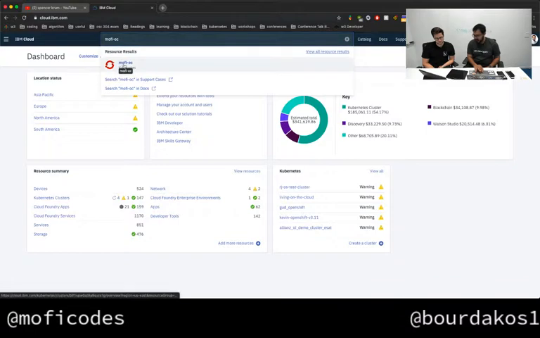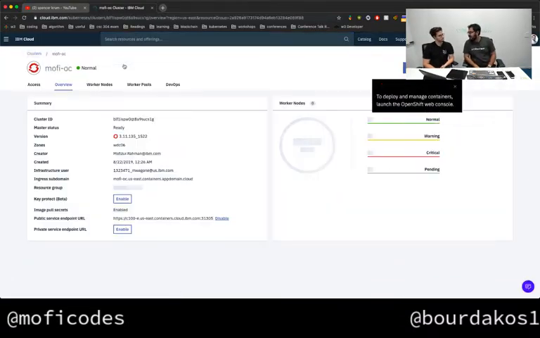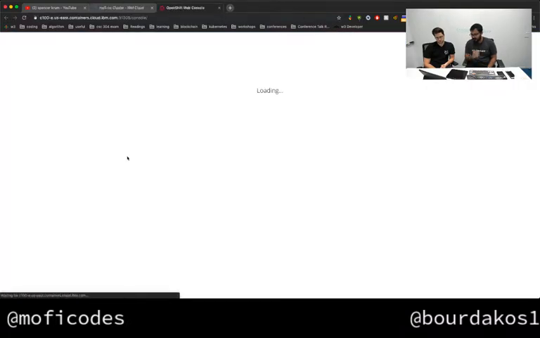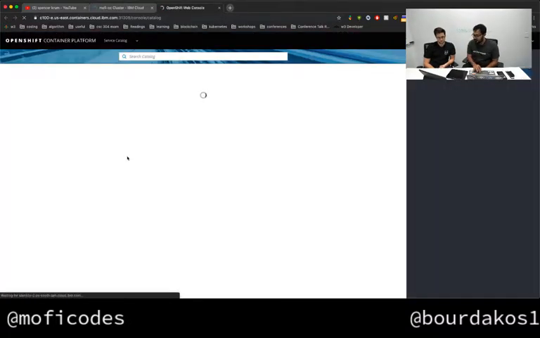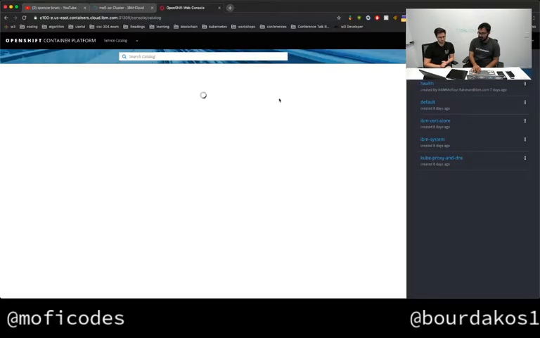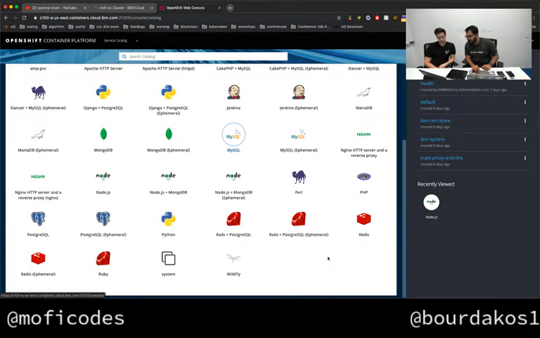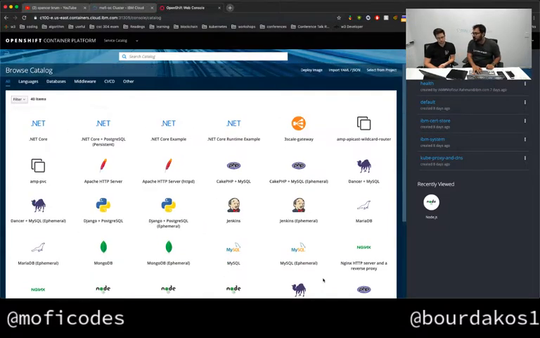That's my OpenShift cluster. You can see the red circular logo denoting it being the OpenShift cluster. Do I really have 0 worker nodes? That's sad. Oh, I don't. No, okay, good. So again, OpenShift gives you a pretty nice interface for you to do things. Also, it comes with certain, it's not a build pack per se, but they have a thing called S2I, source to image. So if you try to